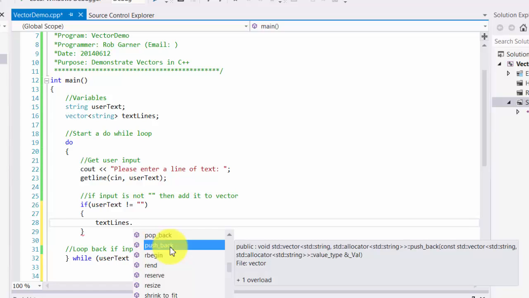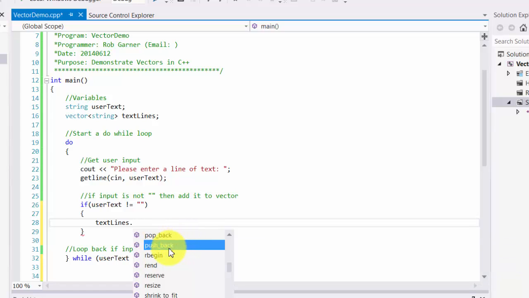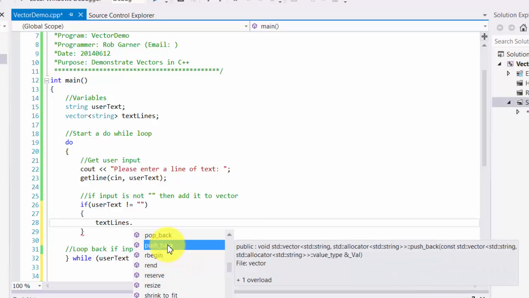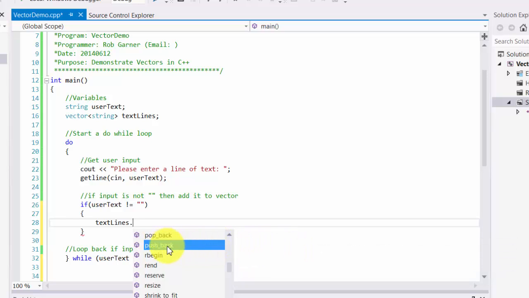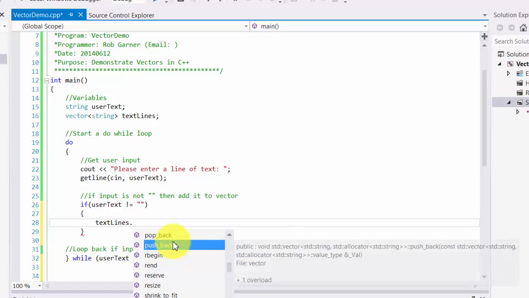It tells me that it's public void, that it takes a vector